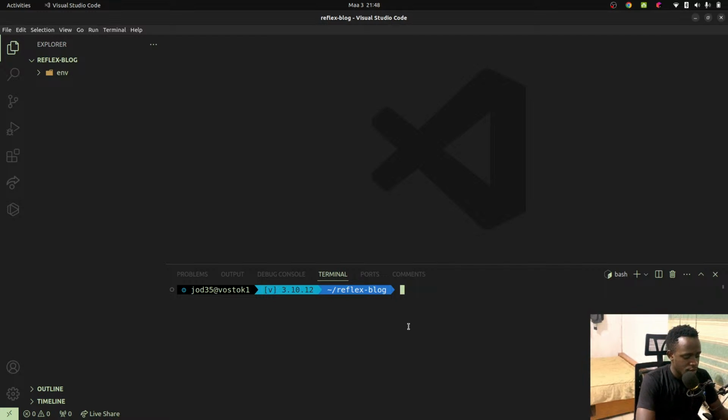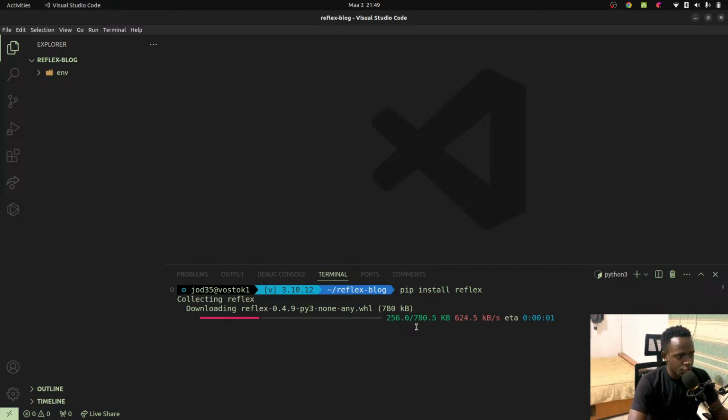Once the virtual environment is created and activated, the next thing is for me to install Reflex. That will be achieved with a simple pip install reflex. Now while that is being installed,